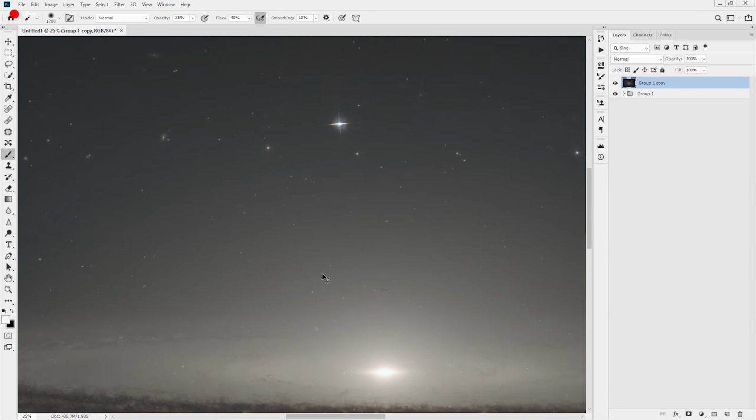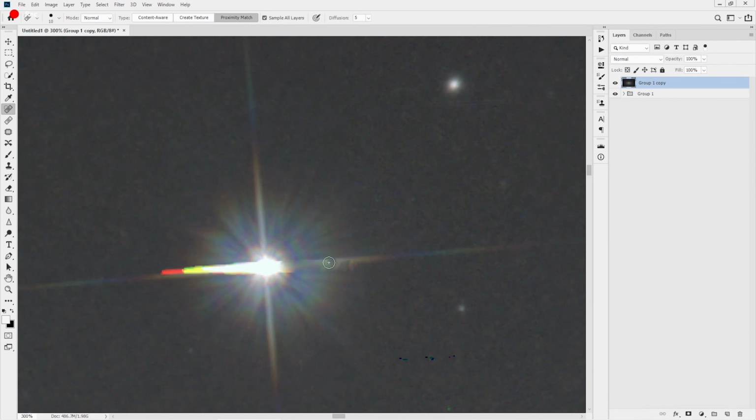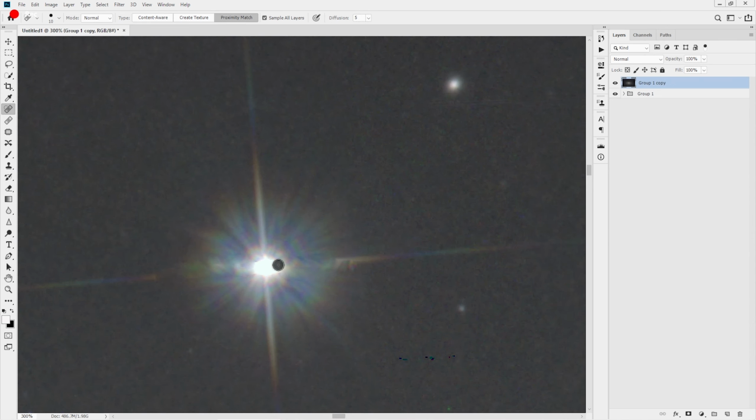Just select the spot, because almost every hour there is some part of the sensor where electron overflow happens. These are just basically instrument artifacts, so you don't need to worry much, but you can easily fix this to make the image appealing. And we have a blown out area, so we're going to paint over it white a bit.